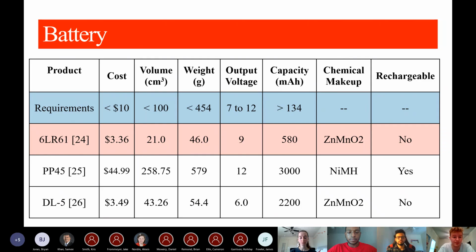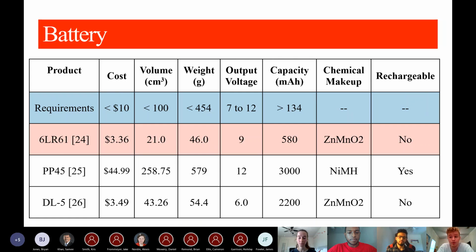Our final hardware component is the battery. While we needed the battery to be inexpensive, small, and lightweight, the more important requirements were that the battery has an output voltage of 7 to 12 volts and a capacity of 134 milliamp hours. This capacity allows the battery to fill the technical design constraint of the device's battery life lasting at least an